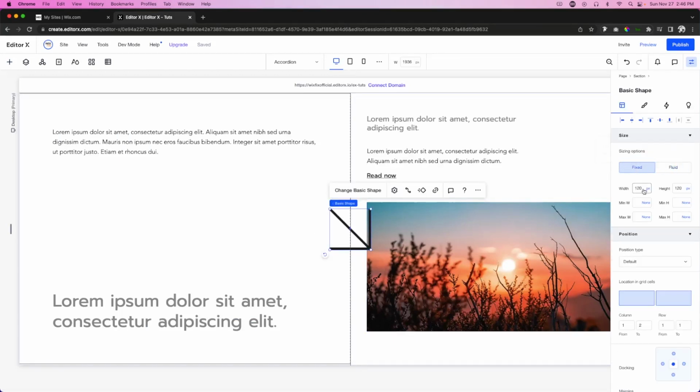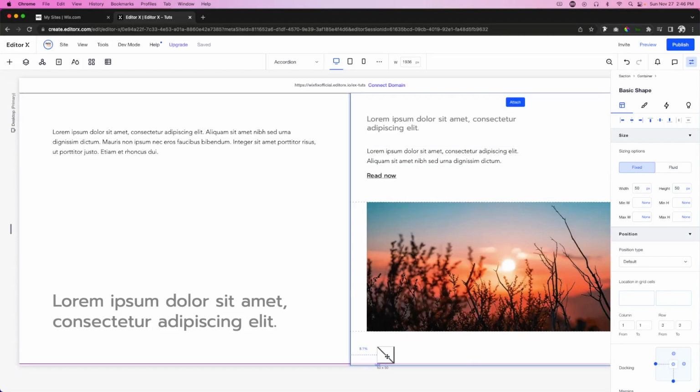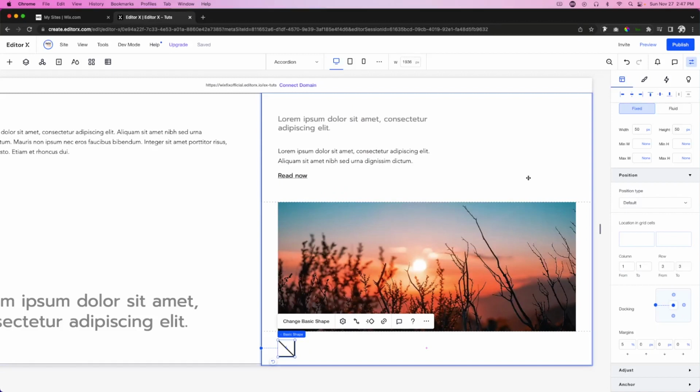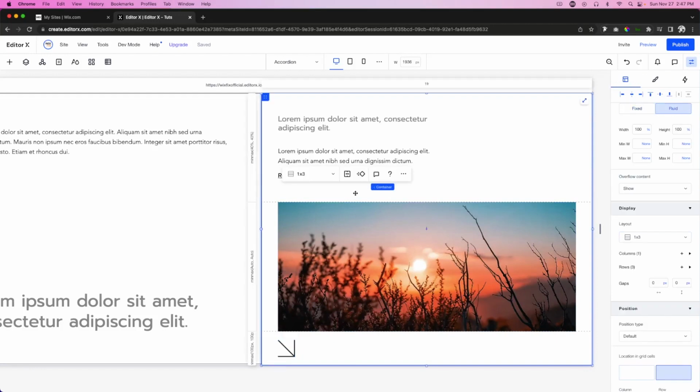And I want this to be a fixed size, so maybe we can do something like 50-50, just like that. And I want to bring this down here to this row right here. We'll make sure it is centered. We'll make sure it is docked to the left with 5% margins. Perfect. So now we basically have the initial design for the accordion, but now let's go ahead and create a